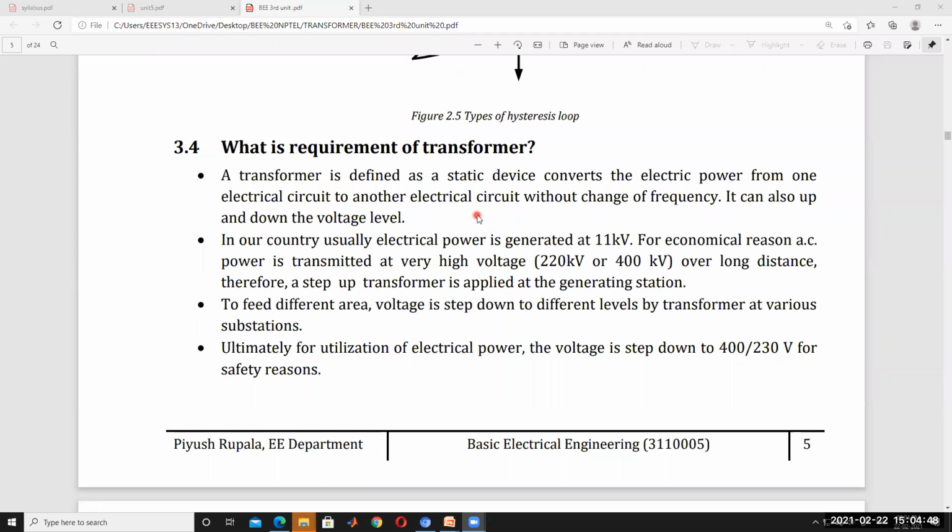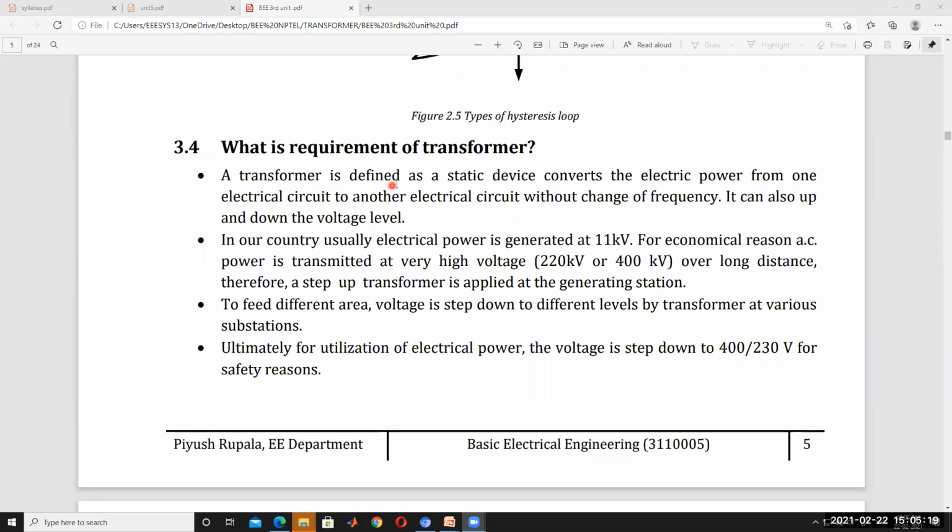Even though the voltage or current increases, the multiplication of voltage and current remains constant. On the input side or output side, when voltage increases, simultaneously current decreases. The product V1I1 on the input side and V2I2 on the output side, the power remains constant. That's why the power transformer is called a constant power device.